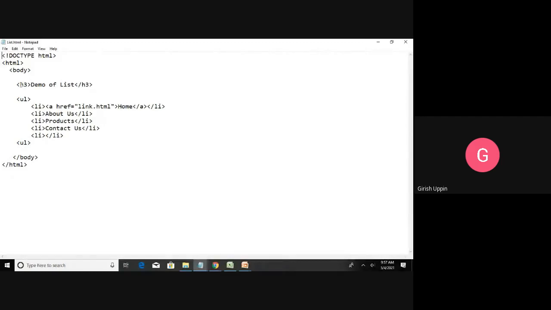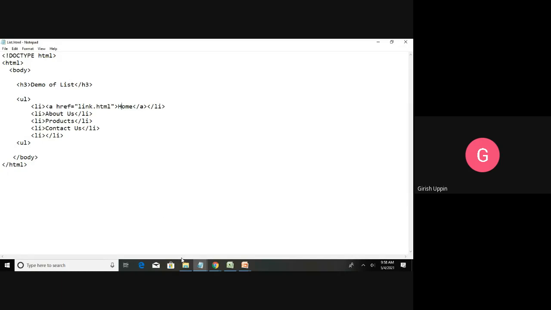Inside here, I have an H3 header, demo of list, and a UL, unordered list. The first one is an LI with an anchor HTML element, and the content text is given as home. Next is about us. It is the same example you saw.